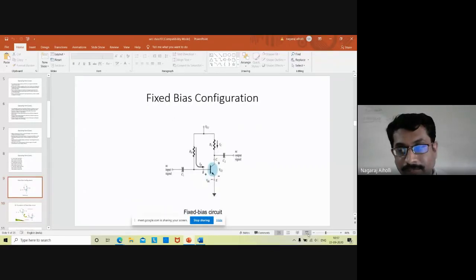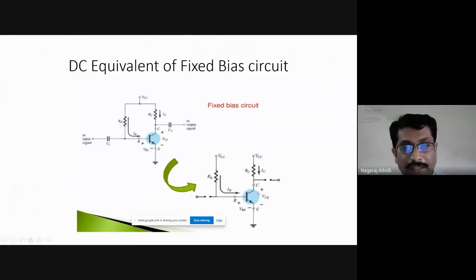You can see in the next figure, for DC analysis, the capacitors are shown as open circuited. So there is an open circuit in the capacitors connected at input and output. C1 is open circuited, C2 is also open circuited, and VCC is shown separate, so that we are separating the input and output portion. VCC is the same for both, connected to RB and also to RC, but it can be separated because it is the same voltage. So I am applying VCC separately to RB and VCC separately to RC. Clear, students?